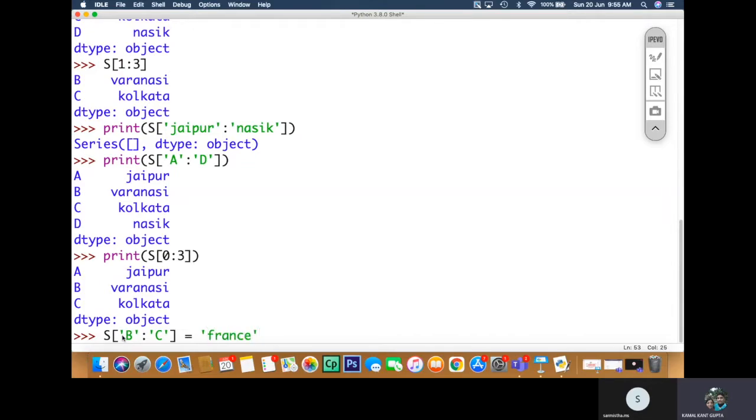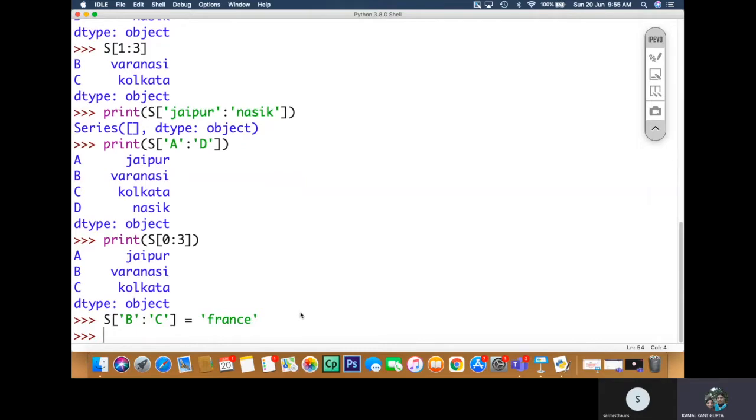Can I write like this? And if I execute this, and after that write print s, what will it give us? The same series, from label index B to C, has been assigned the value France.